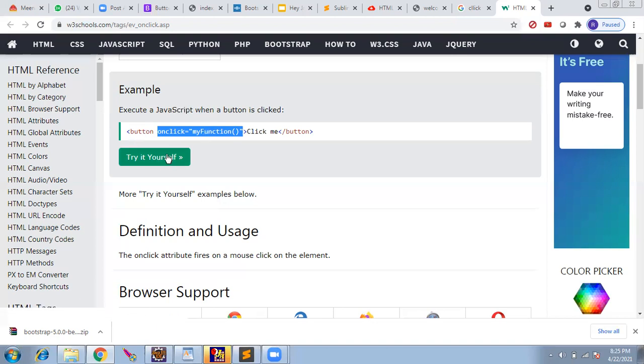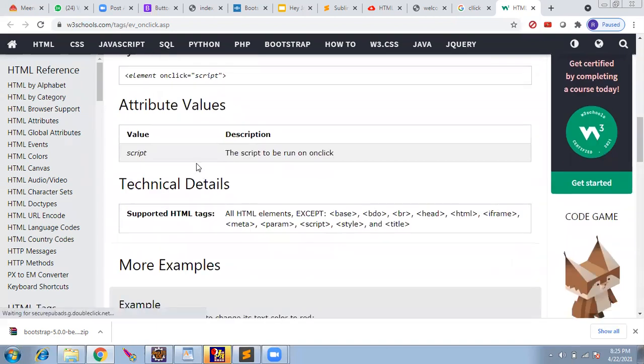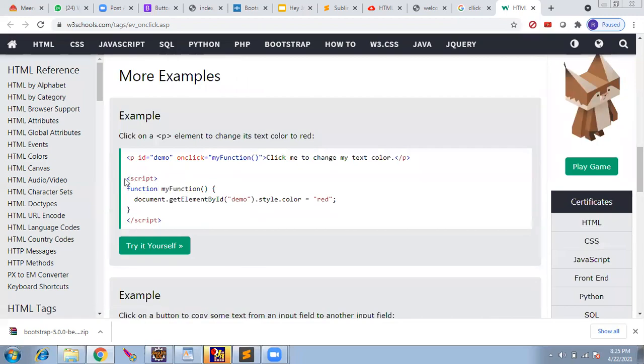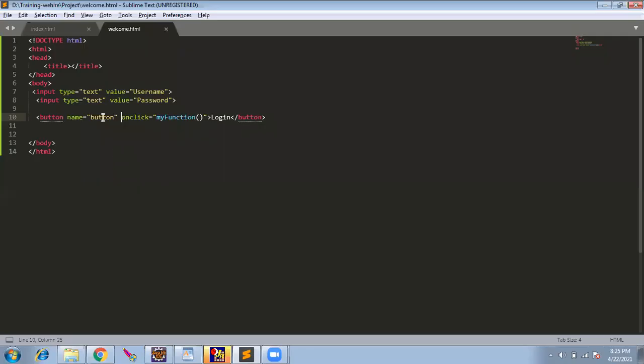So we have a click function. There is a script tag. We go here, and if you type script, the editor will automatically generate the opening and closing tag. We'll declare this function here, and we'll give just an alert. I have called it. Rajesh, I have one small doubt. Yes, please.